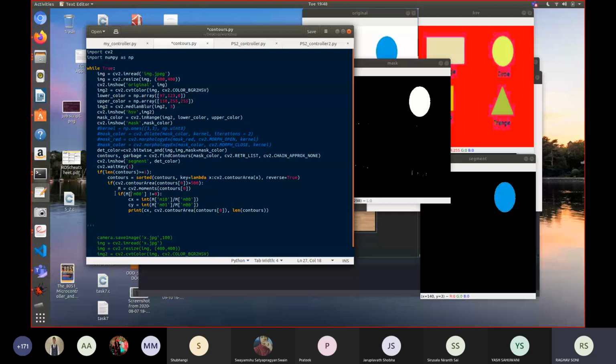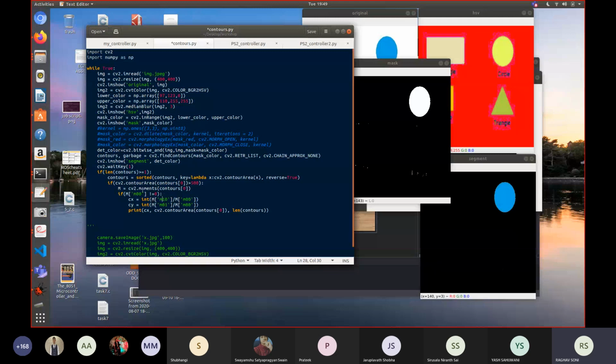If this is not 0, then the x coordinate of my centroid is given by m10 divided by m00. You can refer to the documentation if you want to go into details, but basically if you search on Google how to calculate a centroid of a contour using moments in OpenCV, you'll find this formula everywhere.